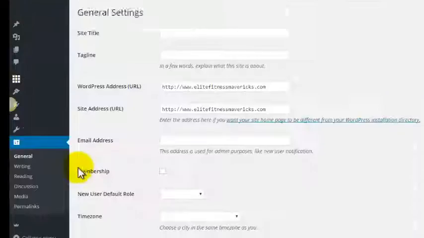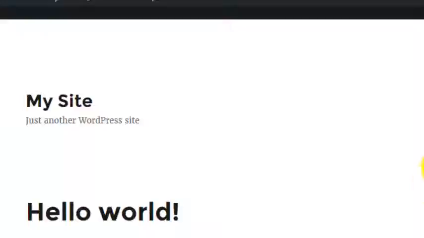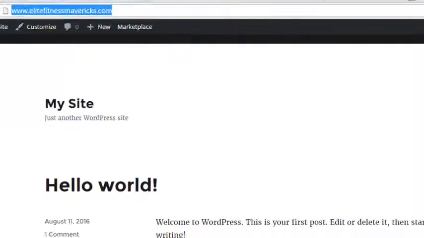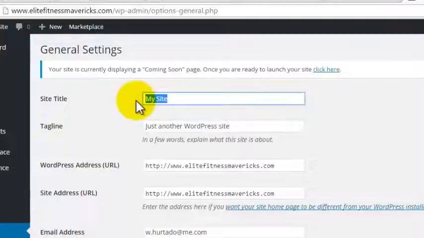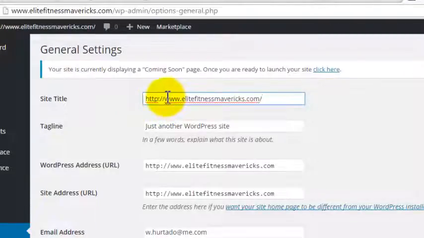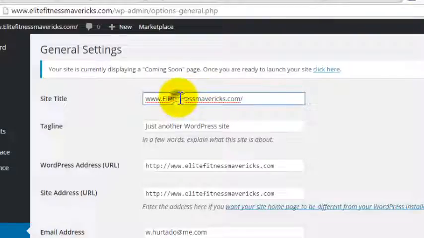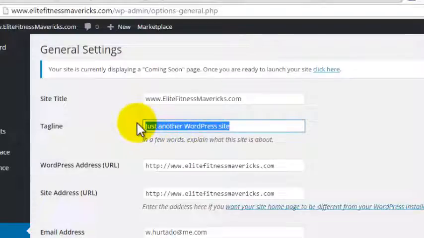you can change this where it says my site, just another WordPress site. This isn't actually my site. This is a site I'm helping somebody set up. So what I'm going to do is I'm going to change this right now to, his website is elitefitnessmavericks.com. So I'm going to change that for him, and he can go in and change this back if he wants. And I'm going to make it capital F, elitefitnessmavericks.com. And instead of it saying just another WordPress site, I'm going to make it say